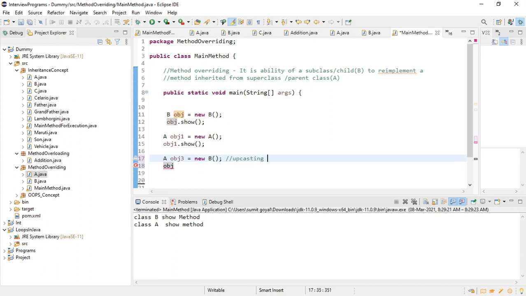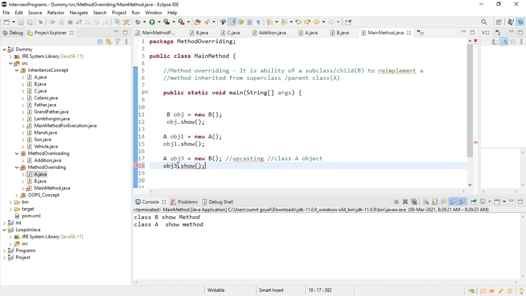I hope you remember that we have discussed upcasting. Now this child object, this is our child class. Why is it a child class? Because class B is extending our parent class A. This child class is converted to class A object, right? And if I say obj3 dot